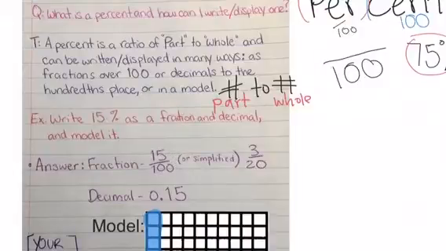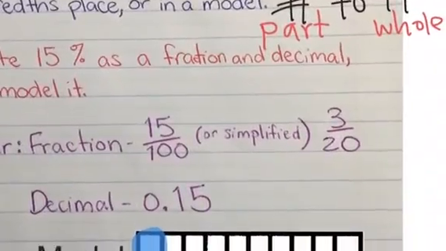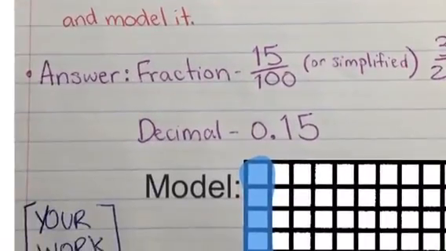So, if we're looking at this fraction right here, 15 over 100, we know how to turn a percent into a fraction. It's really easy. It's just whatever the number is over 100. Now, if you were to call this 15 over 100, you'd be right. But there's another way to say this, and I know that all of you know it. It would be 15